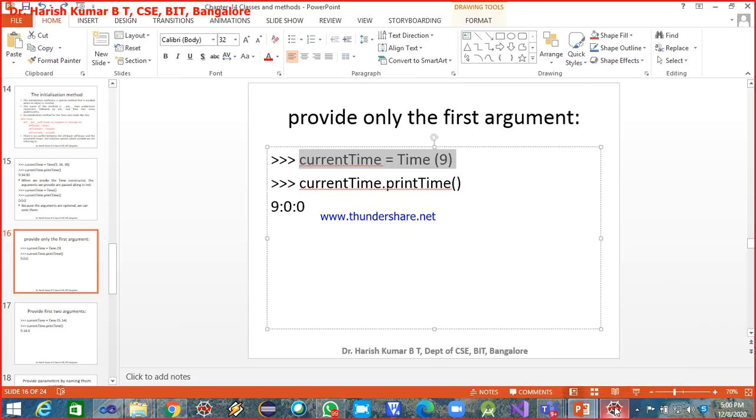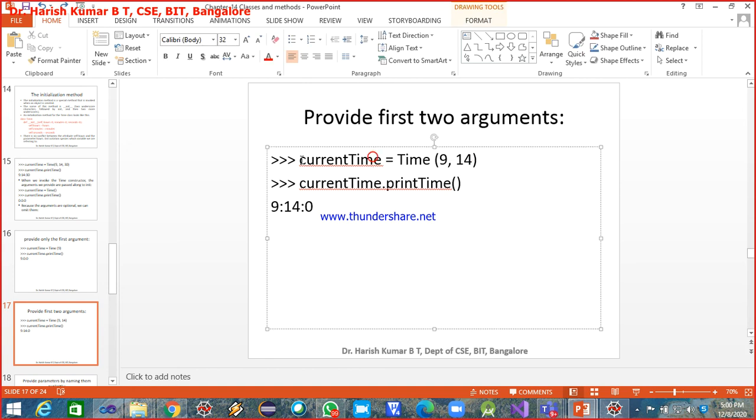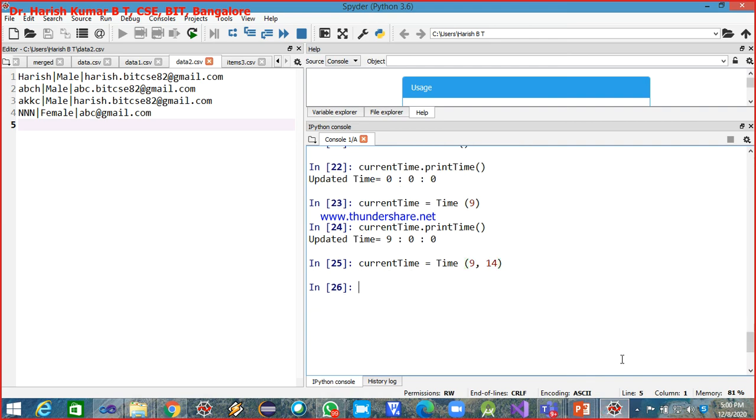So similarly, in the next example, we are giving the first two arguments, hours and minutes, and the seconds gets the default value 0. I'm again invoking print time on the current time object, and the seconds has taken the default value 0.